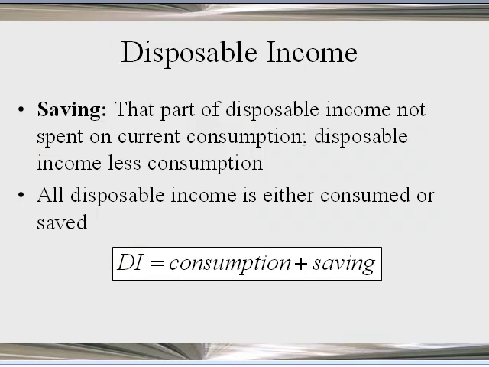So savings, again, out of the disposable income, we don't spend everything we have. Disposable income equals consumption plus savings. So if you made $1,000, you spent $800, and you save $200, so $800 consumption plus $200 saving equals the amount you earned, the amount you have as disposable income. So it's either consumed or